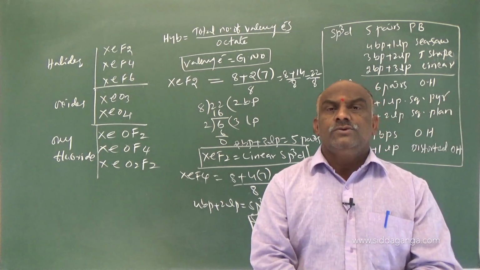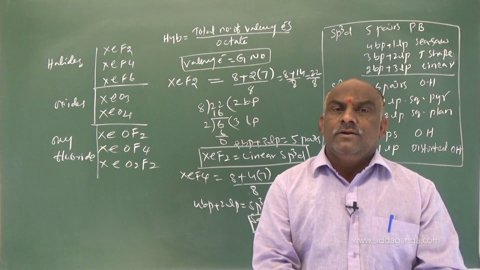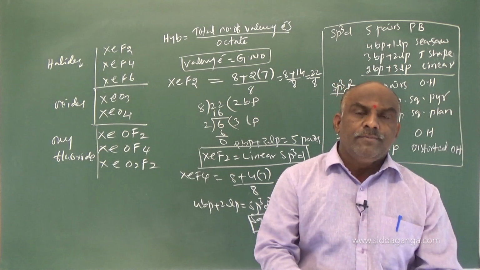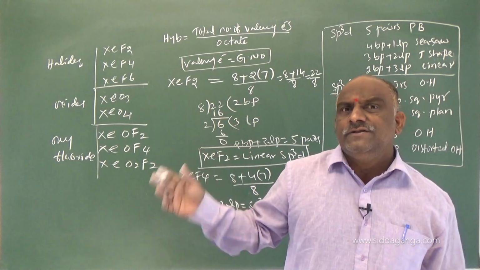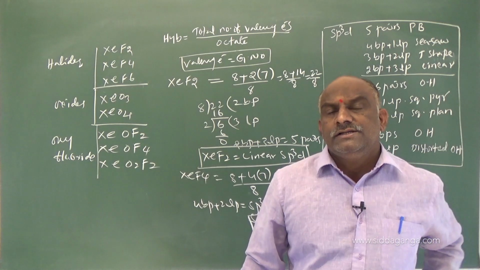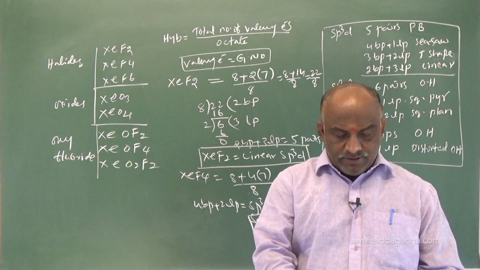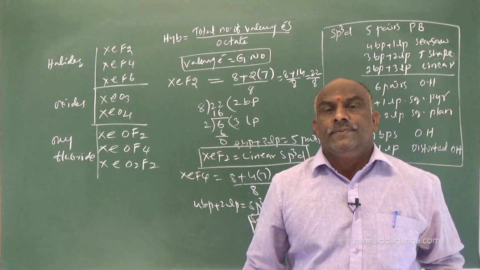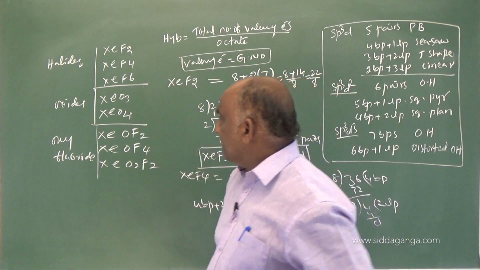Understand how to save the time? It is very useful. By this formula you can do miracles, for any type of compound; maximum 90% of the examples are satisfied with this formula. Hybridization is equal to total number of valency electrons divided by octet. Clear? So let us consider XeF6.